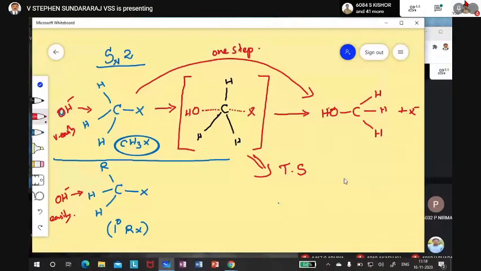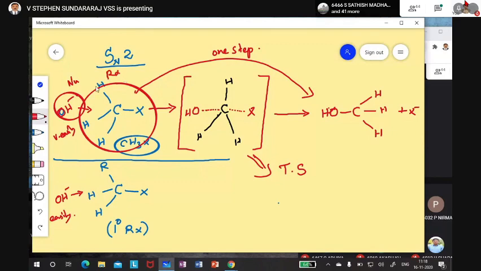Any doubt you want to clarify? Understood now? So this is what is taking place. See now why the molecularity is true. This is the step, only one step. Reaction is only one step. In that, what are the species involved? RX is involved, nucleophile is also involved. This is nucleophile and this is RX. Molecularity is 1 plus 1, 2. That is why 2, in one step taking place.